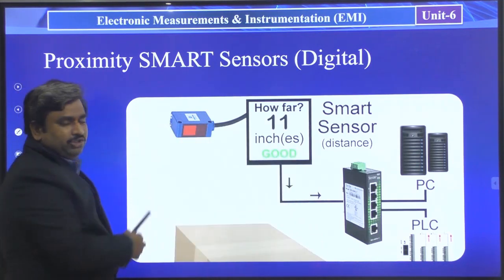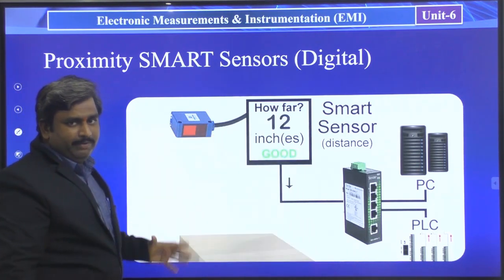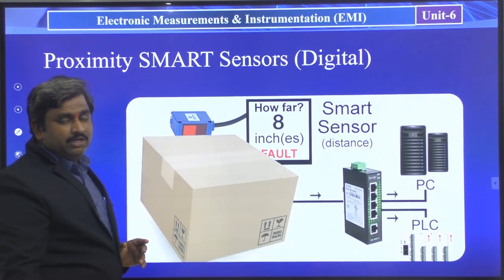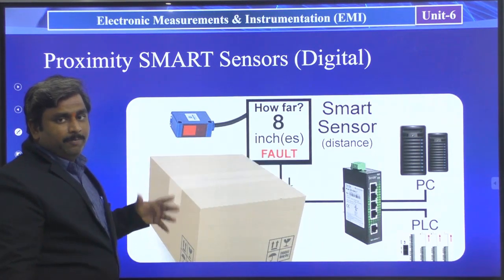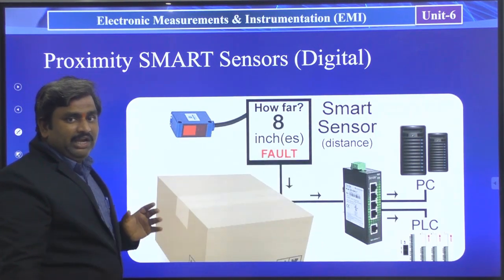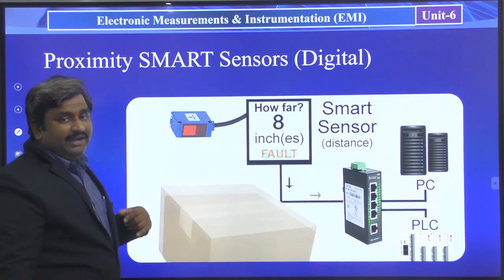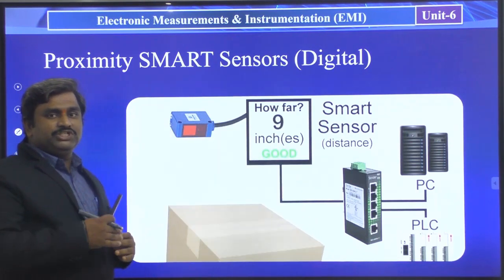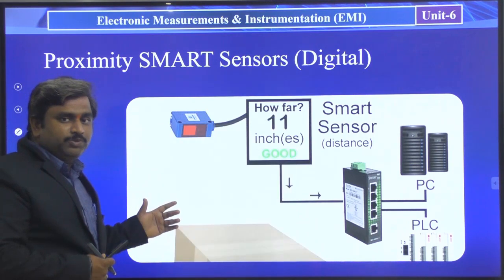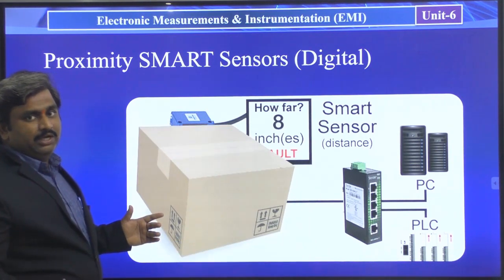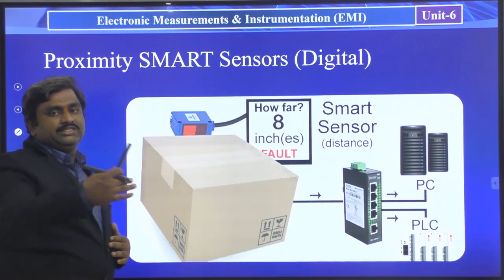Like that it is showing how much distance there is. This is nothing but the proximity smart sensor. The proximity smart sensor will identify the object and see how much distance there is from the proximity sensor to the object, how much distance it has covered.